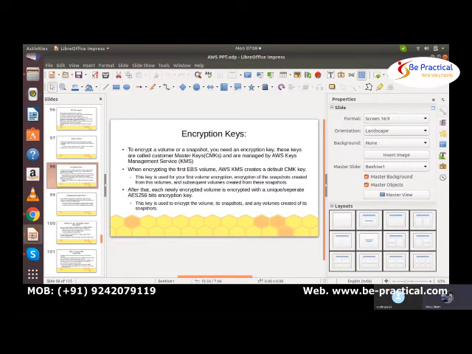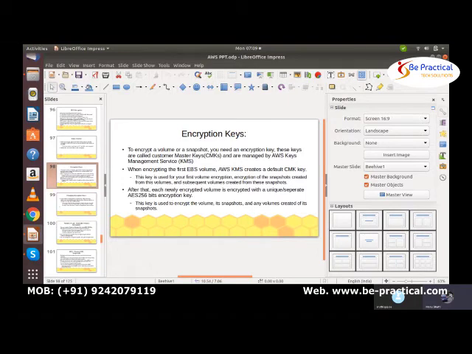When encrypting the EBS volume, AWS KMS creates a default customer master key. In the last class when we did the encryption, we already had one customer master key.